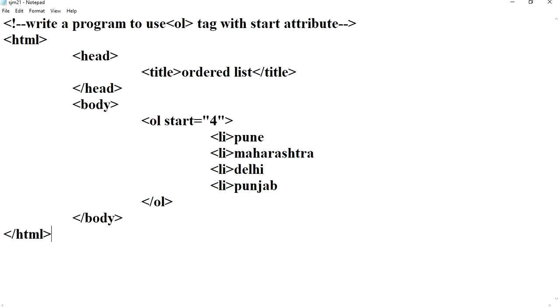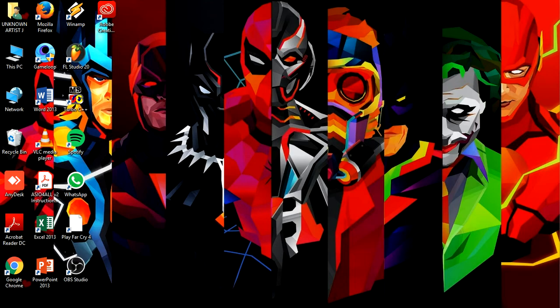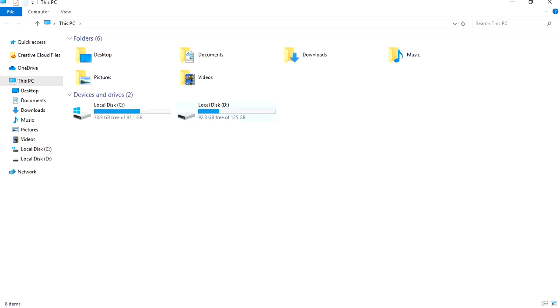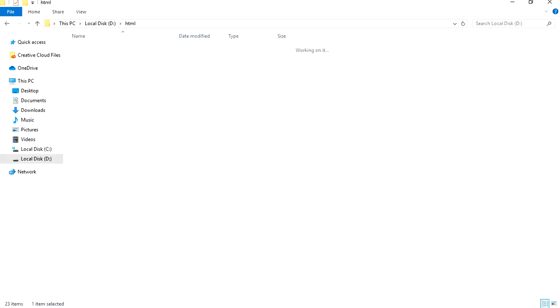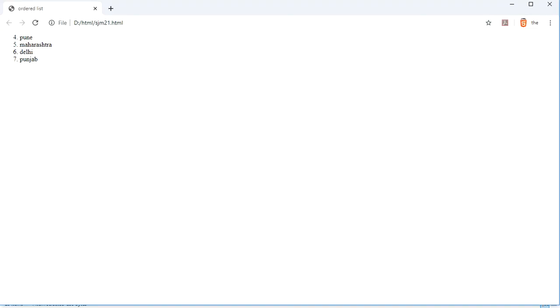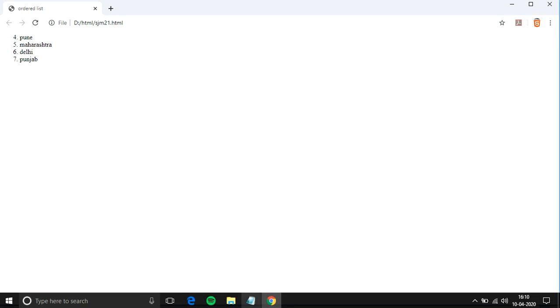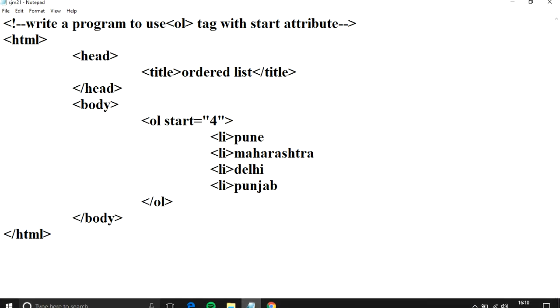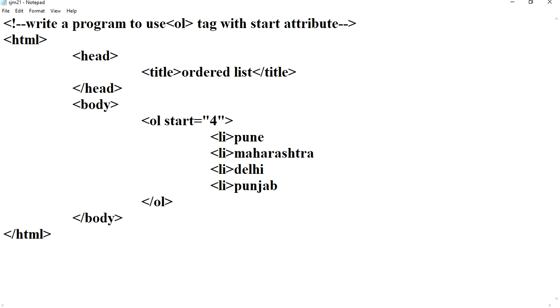Now let us check the output. So here the output comes. We have given the ordered list start with 4, so the output will be numbered as 4, 5, 6 and 7. After that we'll see. Here I have given 4 to start. So this output